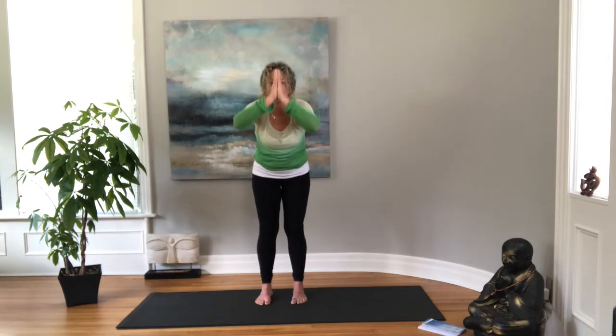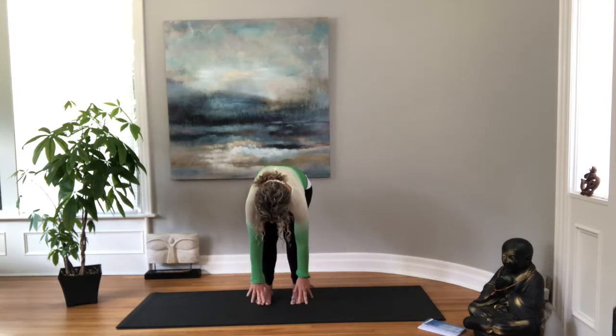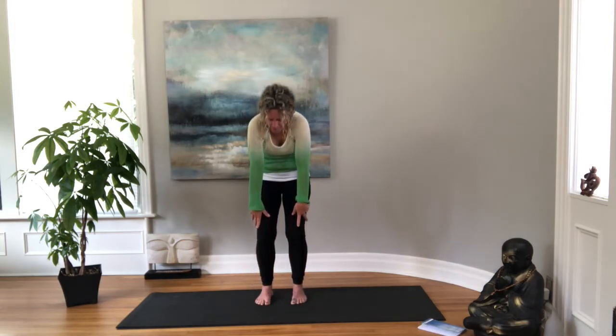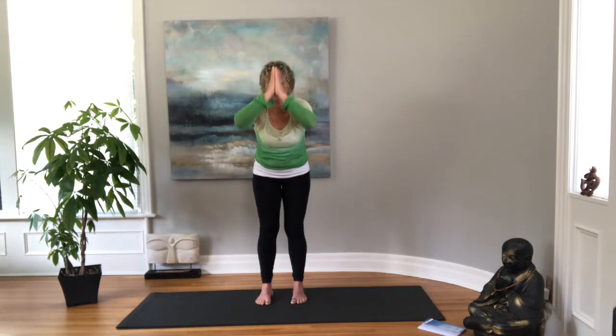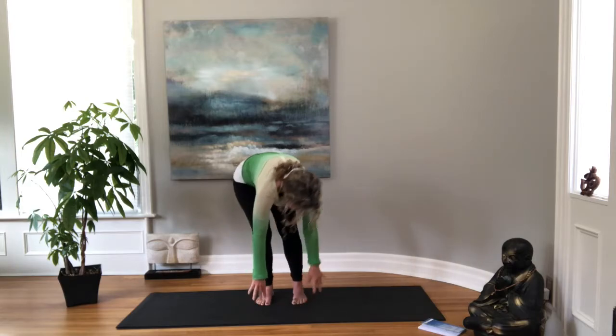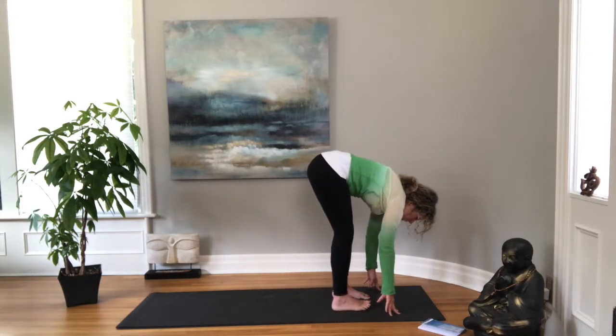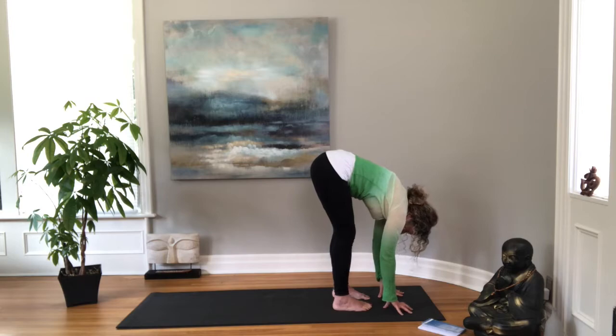Exhale, folding down. Bending your knees, rolling back up. Shoulders roll back, and inhale, up. Exhale, fold. And we'll stay here in our forward fold, letting our hands relax down, hips up towards the ceiling,